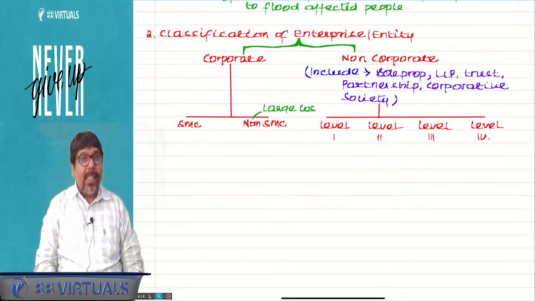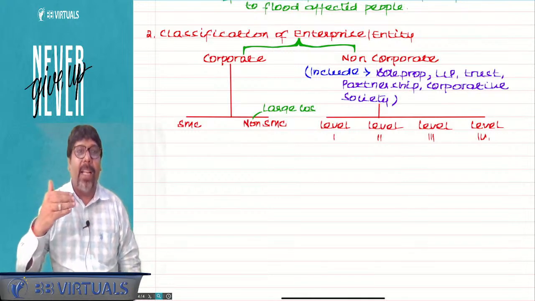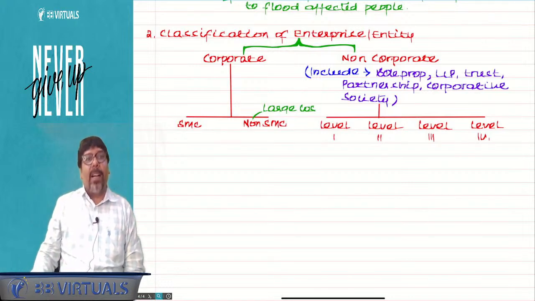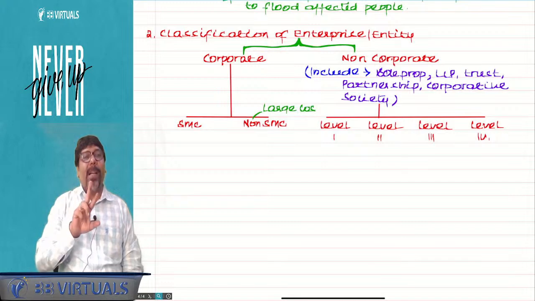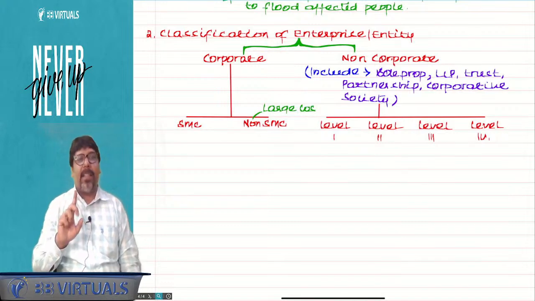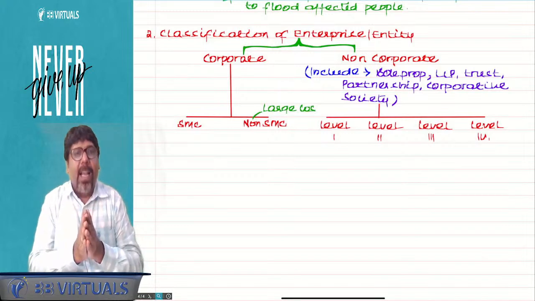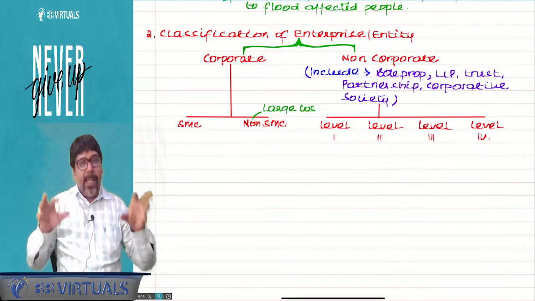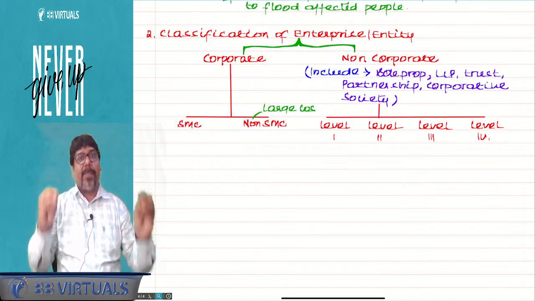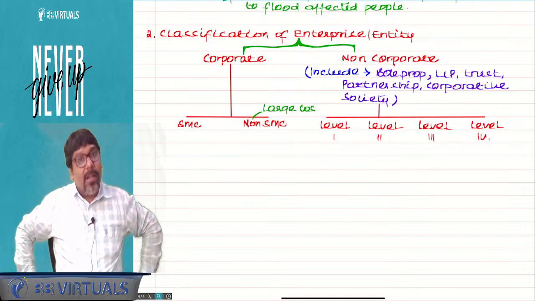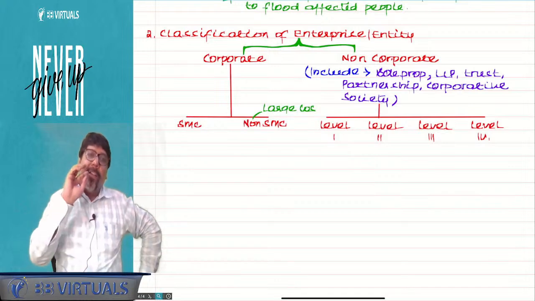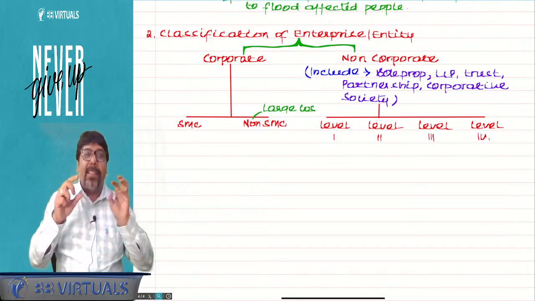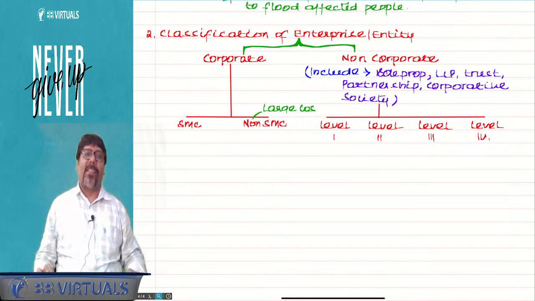But chartered, is it applicable in the same degree or different degree? All AS are applicable, or some AS are applicable? How many accounting standards are there? 29. Which two are deleted? AS 6 and 8. You remember that we discussed in the introduction. AS1 to AS29, and 6 and 8 are deleted. So 27 accounting standards are there. There are 27 responsibilities. Are all supposed to carry all the responsibilities? Your father also carries some responsibility. Do you also carry all the responsibility which your father carries? No, there is some exemption and relaxation.